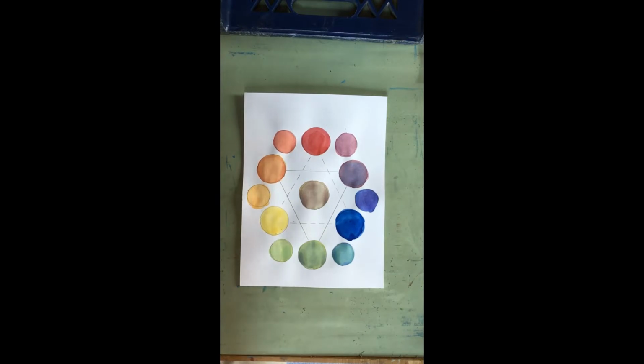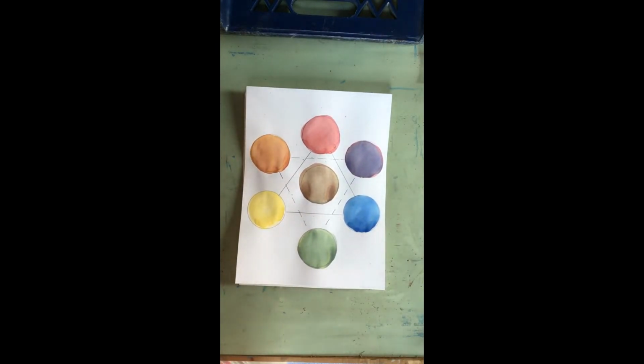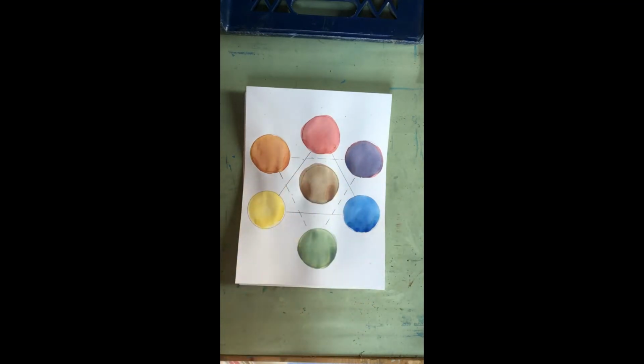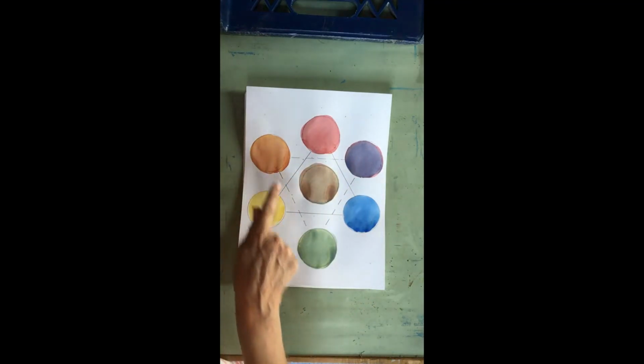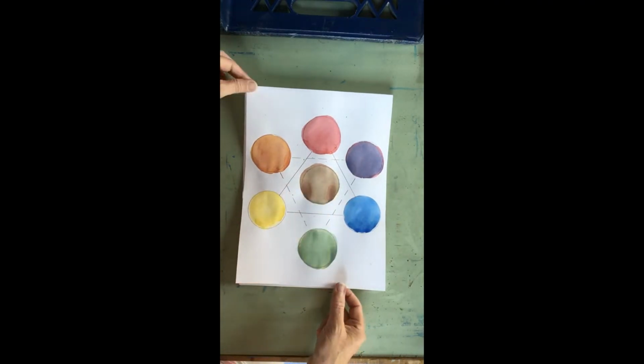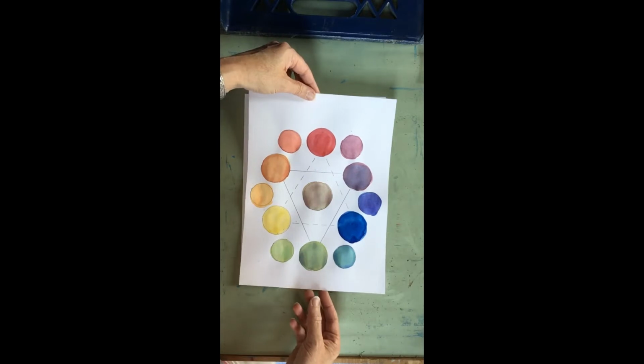I'm going to walk you through the steps to make an advanced color wheel with the primary, secondary, tertiary, and neutral colors. You might be familiar with a basic color wheel like this one that has the three primary colors, red, yellow, and blue, the three secondary colors, orange, green, and violet, and a neutral color in the center. Your color wheel will have all of those plus the tertiary colors, which we'll discuss a little bit further in